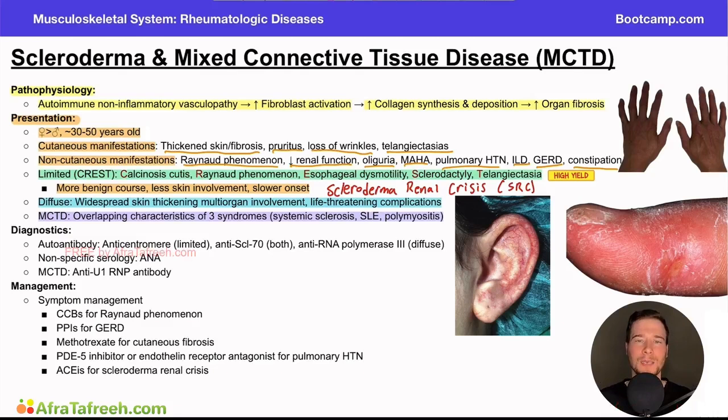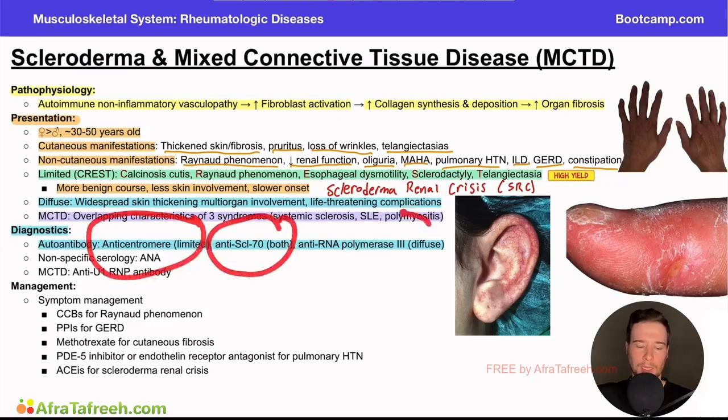versus MCTD. So if we think about those diagnostics, a lot of our autoimmune stuff is going to deal with autoantibodies. So here we have the anti-centromere antibody, which is seen in limited sclerosis, and the anti-SCL70, which can be seen in both, in addition to the anti-RNA polymerase 3, mostly just seen in diffuse sclerosis. So again, knowing these three different things and which ones you would likely see in which type of scleroderma is